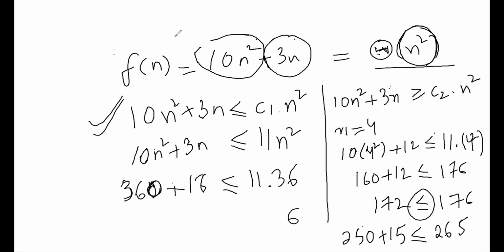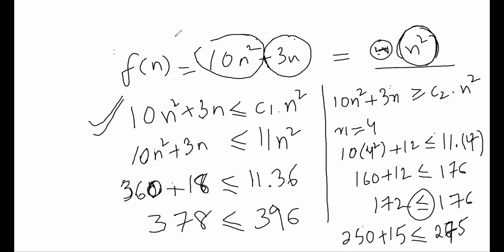I think this is 275. 25 ones are 25. Yeah, 275. So 36 ones are 36 and 36 ones are 36, 396, and this is 18, 378. So you see, because you have n square on the right hand side, any value of n beyond